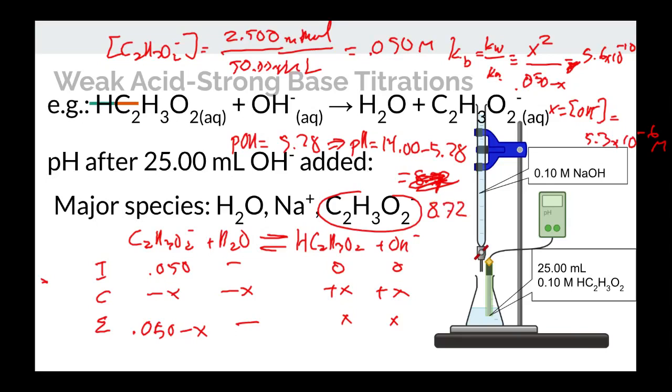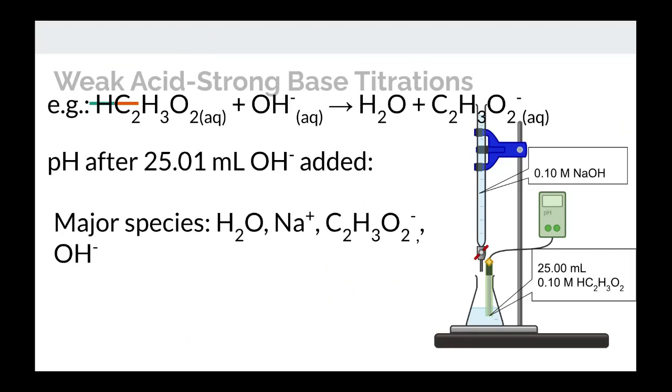So that's the pH at the equivalence point. As we saw in the chart, it's higher than 7 at the equivalence point, and that's because you don't have water at the equivalence point. Now let's look at after